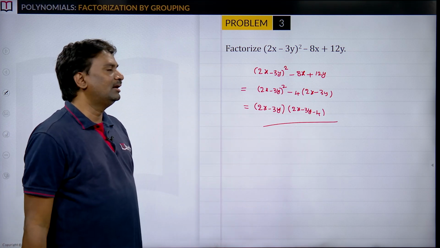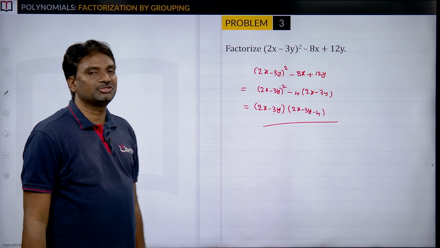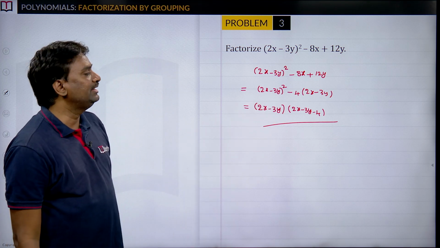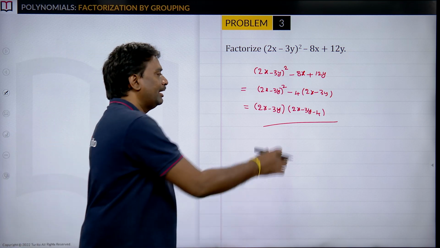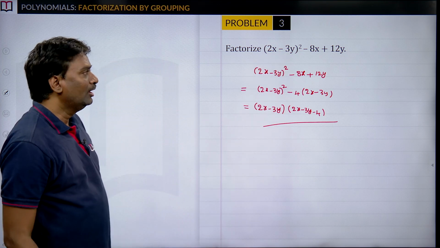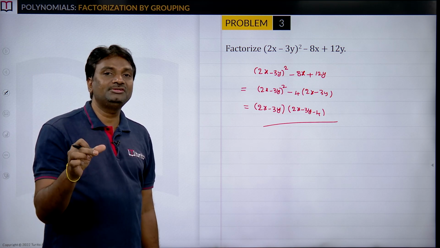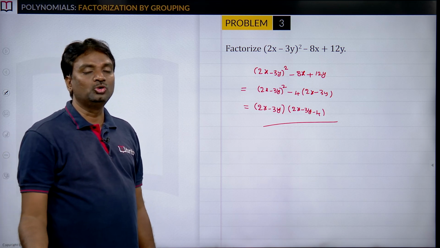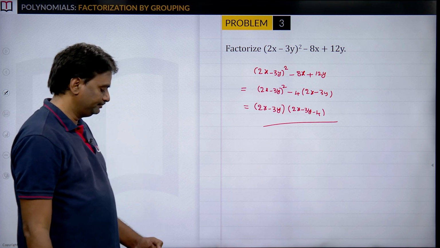So, we can express the given polynomial 2x minus 3y whole square minus 8x plus 12y as the product of two polynomials like this: 2x minus 3y into 2x minus 3y minus 4. Again, by multiplying these two, you will get the given polynomial only. So, by observing the given polynomial, we have to know which term is common for the terms. According to that, you can group the terms. You may get 2 groups or 3 groups or 4 groups, whatever the number of groups may be. Okay. Next,